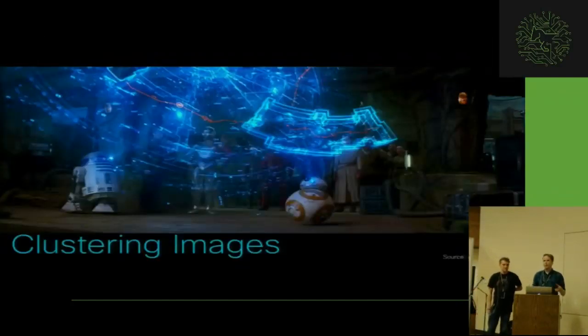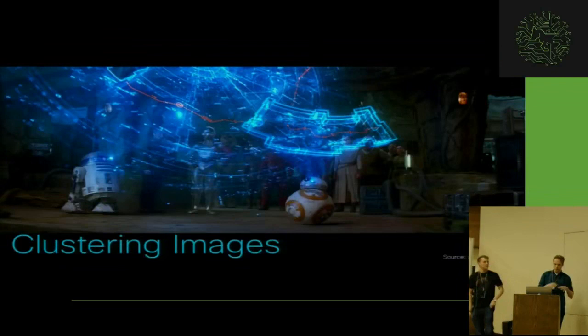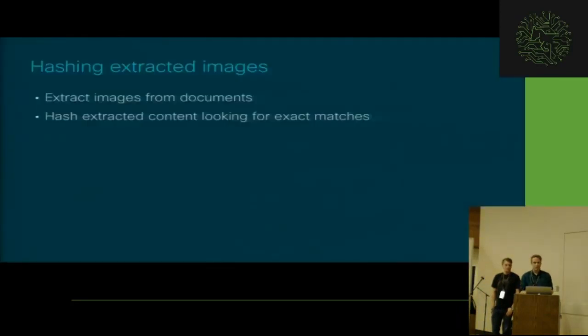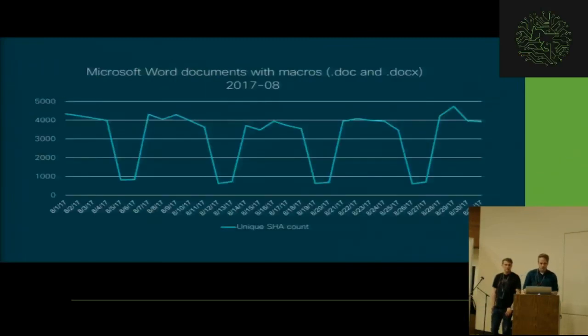Okay, so back at the beginning when I showed you a number of the sample documents, they all had an image in them. And over time, when you open up these things and start looking at them, you notice that the same image comes up over and over again. So there was an idea of, what if we extracted every image that was in the document, hashed them, and looked for overlapping? So, exact image matching. This is the exact same slide I just showed.